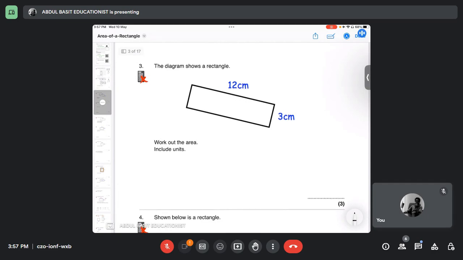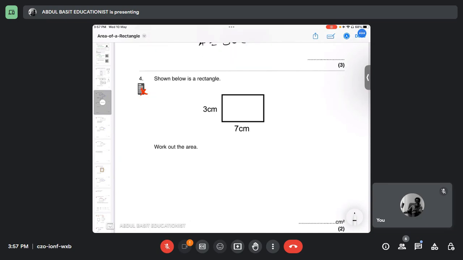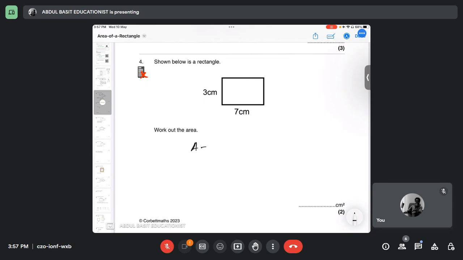कहता है, the diagram shows a rectangle, work out the area including units. So area is equal to length into breadth. लेंथ हमेशा बड़ी वाली होती है, so 12 into 3, 12 into 3 is 36, तो यूनिट होंगे सेंटीमीटर स्क्वायर। क्लियर? इसका एरिया होगा 7 into 3, area is equal to 21 centimeter square. क्लियर? सर रेक्टेंगल इजी है।